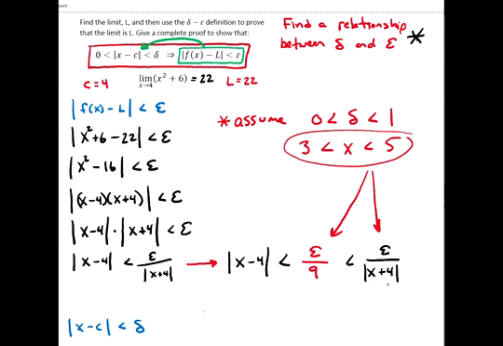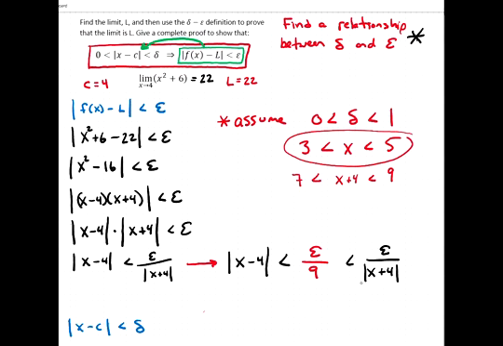So this absolute value of x plus 4 is going to be less than 9. Let's write that out just to be clear. So if x is between 3 and 5, then x plus 4 is less than 9 and greater than 7. Okay, so if x plus 4 is less than 9,